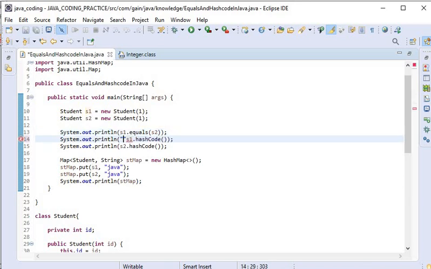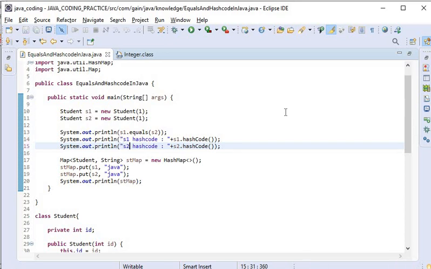There is the s1 hash code, and next you will check the s2 hash code. Now I will run this application.